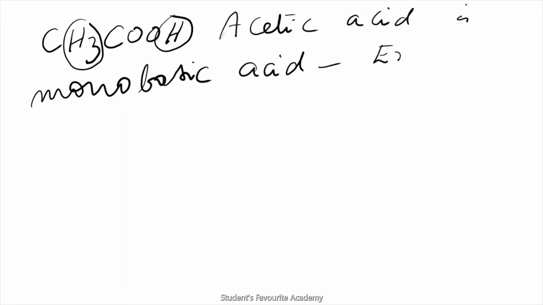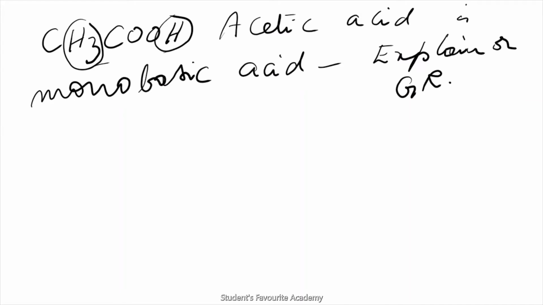Explain or give reason. This is a very oft repeated question. So what is the explanation? Though acetic acid in its molecule has 4 hydrogen atoms, that is 3 here and 1 here, but still